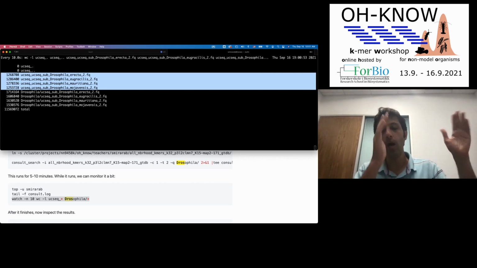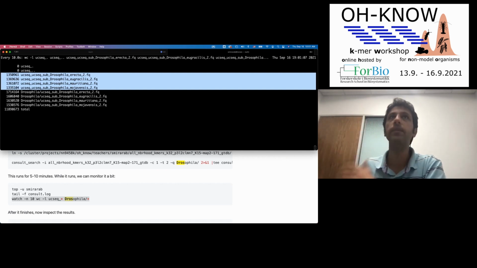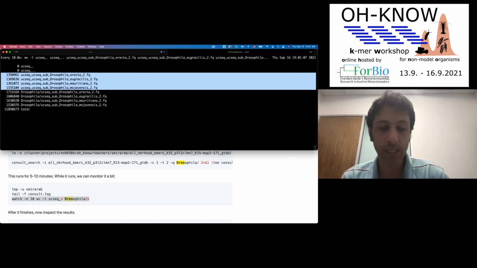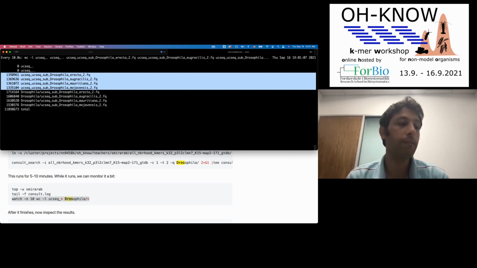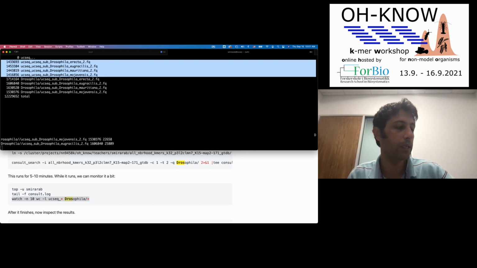We can chop the assembly into windows of length, let's say 200, or whatever length you're interested in, and just run that through consult. It will tell you which windows match the bacterial database very well. And if there are several windows in a row that match very well, you can go ahead and call that a